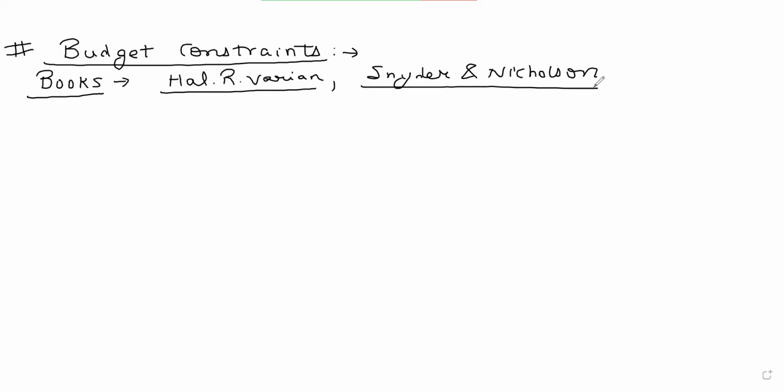Now, all students can recall that in the last lecture of budget constraints, we had started our discussion of what is meant by a budget set, what is meant by a budget line. So a quick recap from the previous lecture. Equation of the budget set is